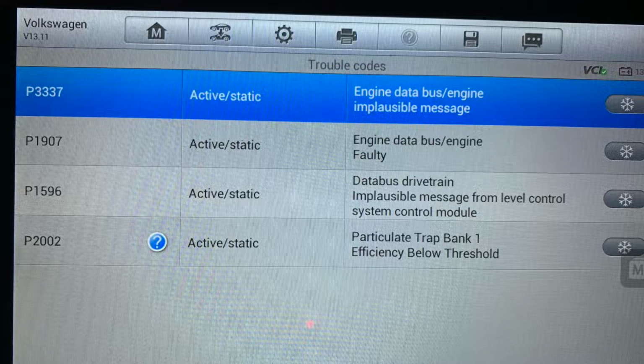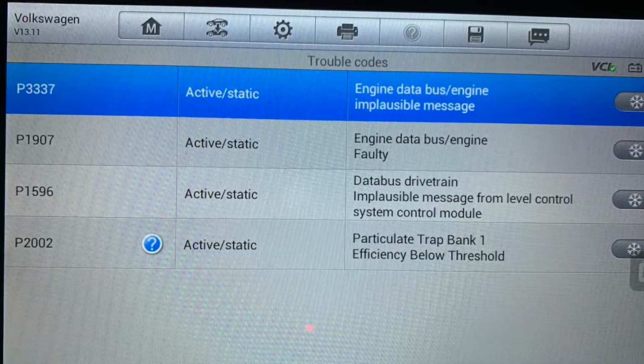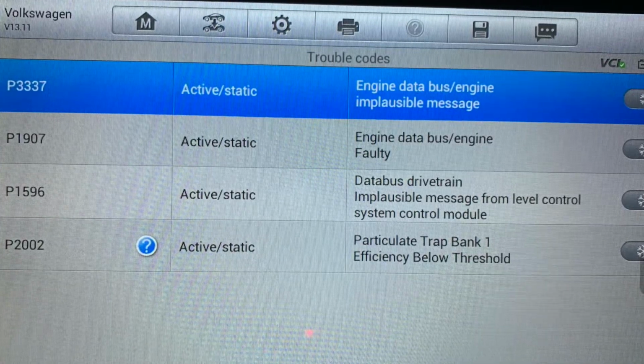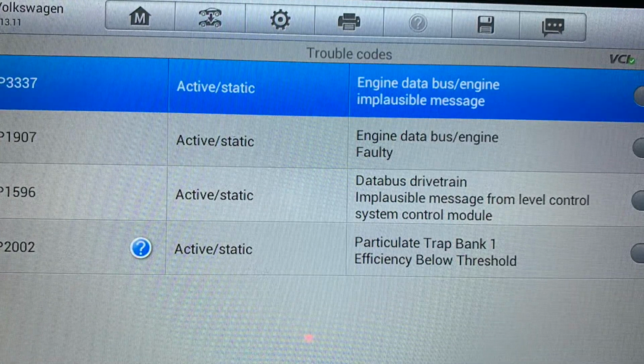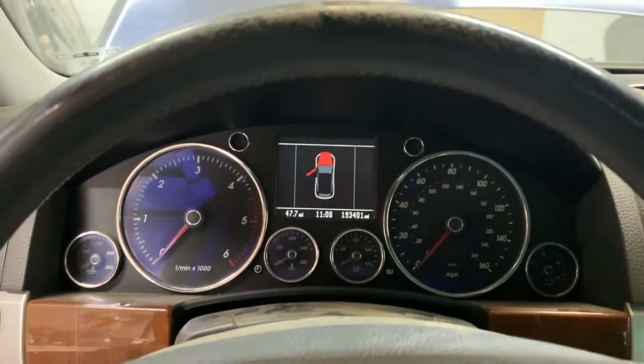Hopefully we can diagnose it, but we left it in the garage overnight with new batteries, and I just checked it, the voltage is already down to 12.2. And from what I was reading last night, the same thing that could be causing a communication issue between the ECMs could be causing the battery drain. So